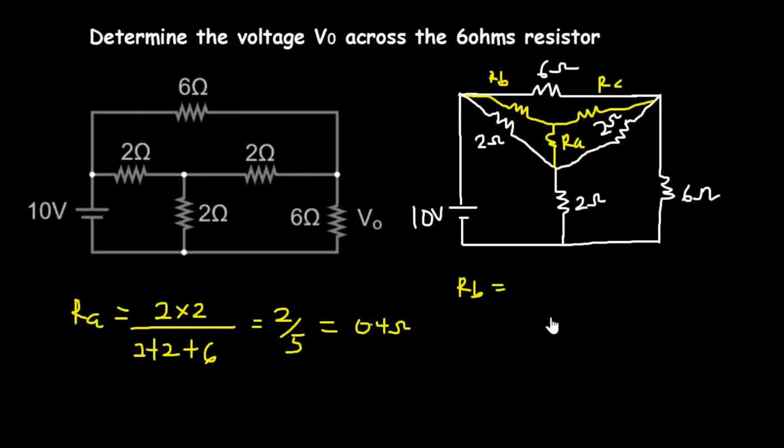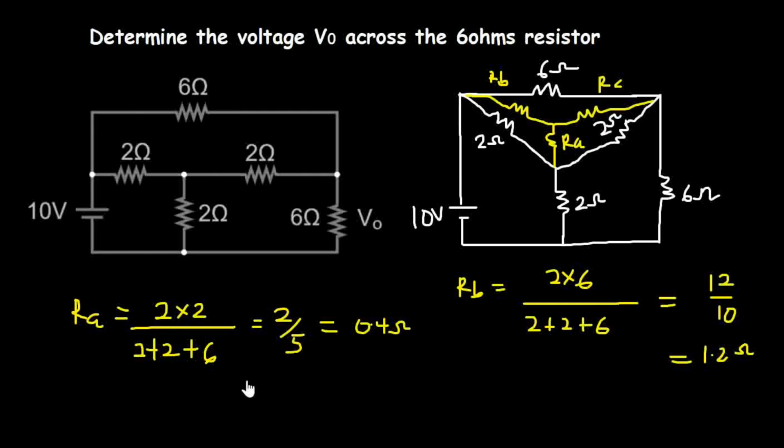So that is 2 times 6, divided by the total, which is 2 plus 2 plus 6. So this will be 12 divided by 10, which will be equal to 1.2 ohms. Now let's do the same for the third resistor, which is